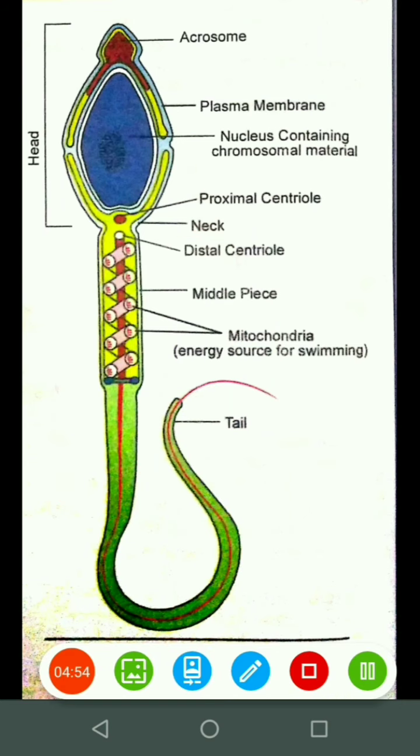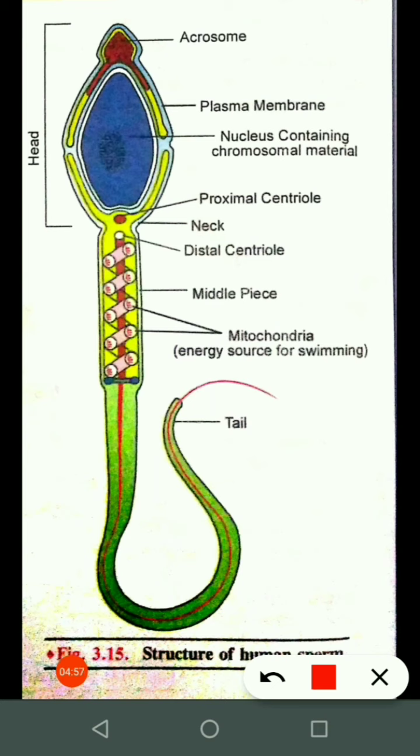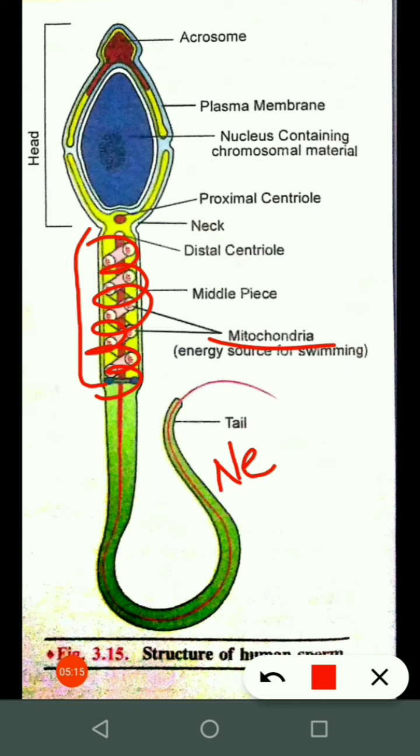Okay, now next, what is present here? You see the pink structure, it is called mitochondria. It makes a spiral covering around this whole structure, and it has around 10 to 14 turns around it, and this whole structure is called the Nebenkern. Okay, it is important for your competitive exams also. Nebenkern, fine.